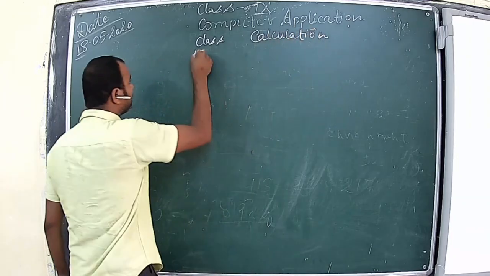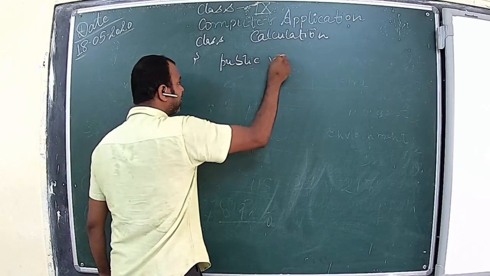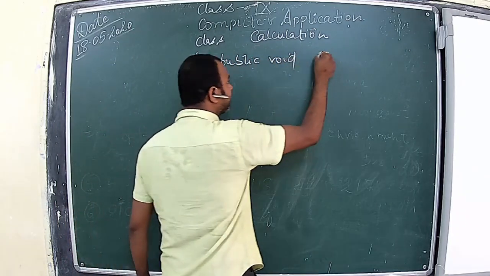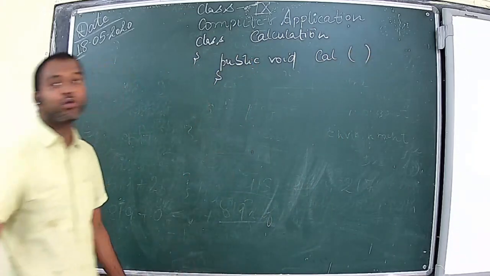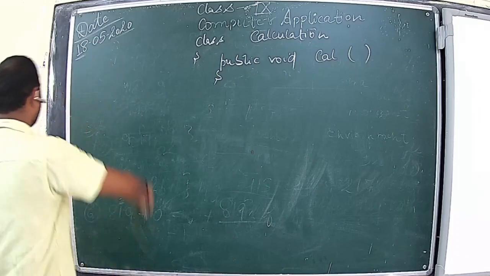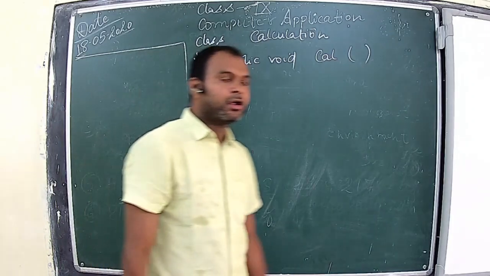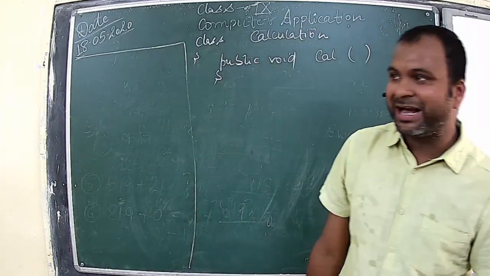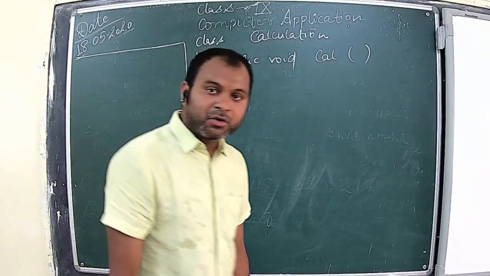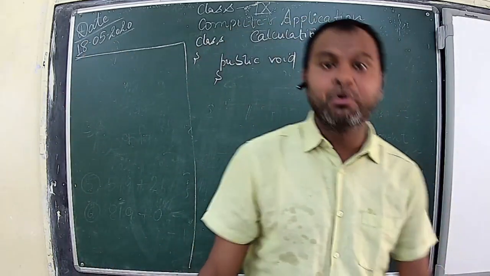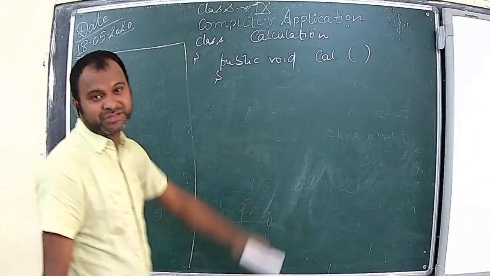So, class name is Calculation. Then I have a method public void add, and we are trying to add two whole numbers. So let me tell you first of all the 8 primitive data types. Since we have learned, and still we will learn about all these primitive data types in a clearer way, still I should tell you at the beginning before using these variables.